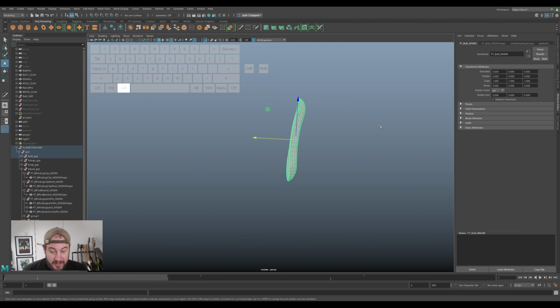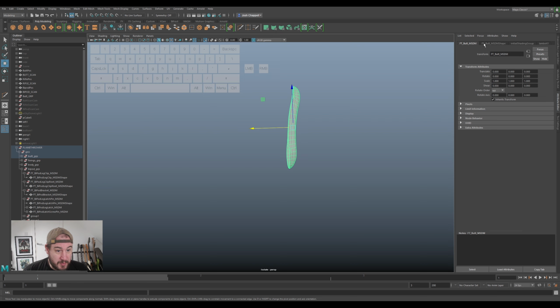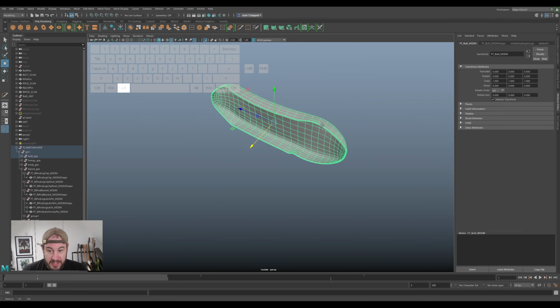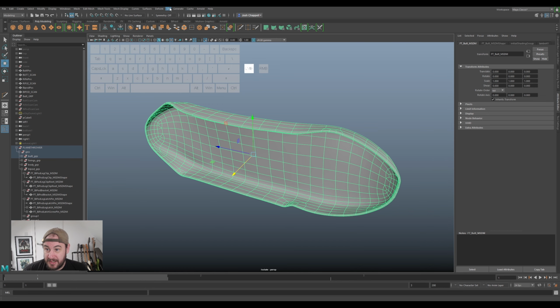And if you're just picking up this tutorial, in the previous one we had already cleaned up all of our geo, so all of our mesh is clean. There's no history on it. We've just got our simple attributes on it and our Lambert one. So before you start doing any UVs, make sure that you watch the previous video and make sure you clean off your geometry, otherwise it might cause you problems. So if we go to our UV editor,